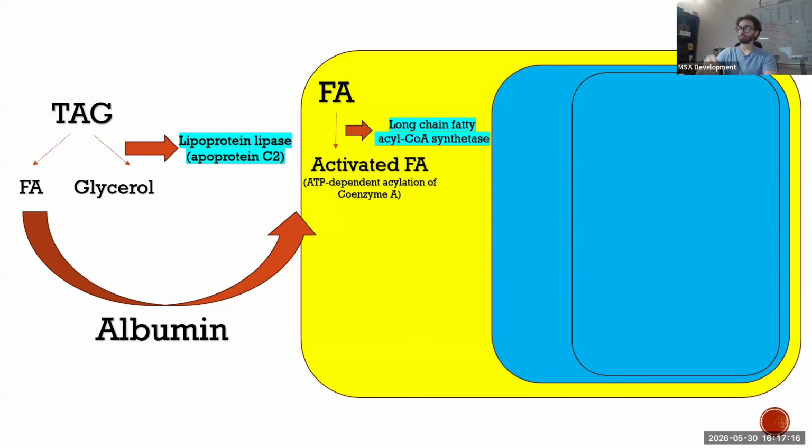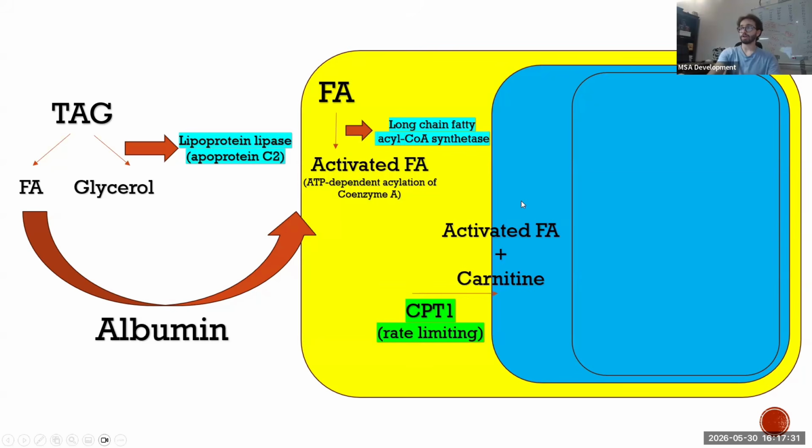In the visa passport control in the airport in America, they tell me, okay, listen, you can enter the airport, but you need to enter with an American citizen. And this is exactly what happens to fatty acids. Fatty acids will try to enter not inside the mitochondrial matrix, but the inter mitochondrial membrane, which is basically like the airport before you actually get into the country. How does it enter? Through CPT1.